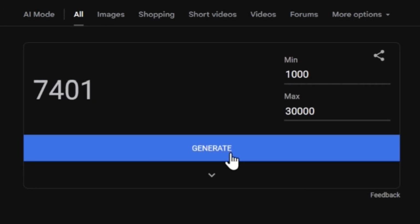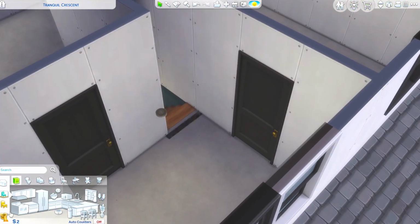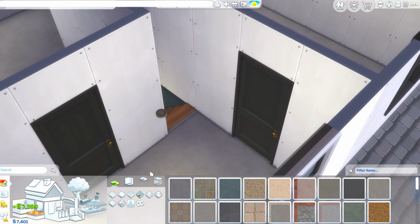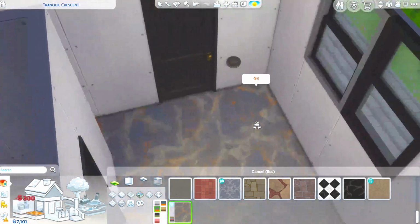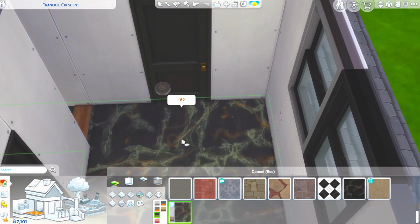Oh, damn it. 7401? How the hell am I supposed to do that? You know what? I'll figure it out. I have to. I just have to figure it out. Money 7401. Okay. Okay, I need to use the Get Famous marble tile. I have to. I don't know if that's...